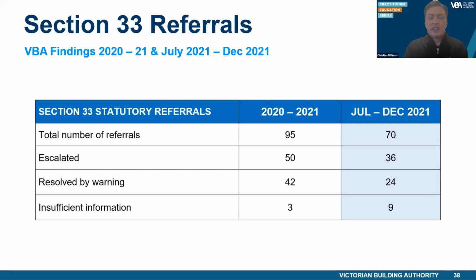The VBA strongly encourage builders to ensure that the relevant building surveyor is being notified on reaching a mandatory notification stage for the building work, to avoid unnecessary delays, costs to the building projects, and referral for discipline, resulting in fines or other forms of disciplinary action.